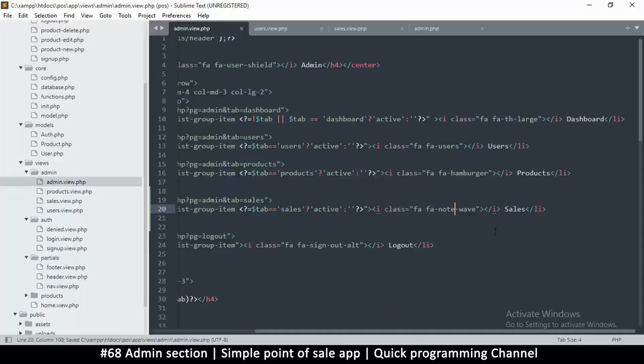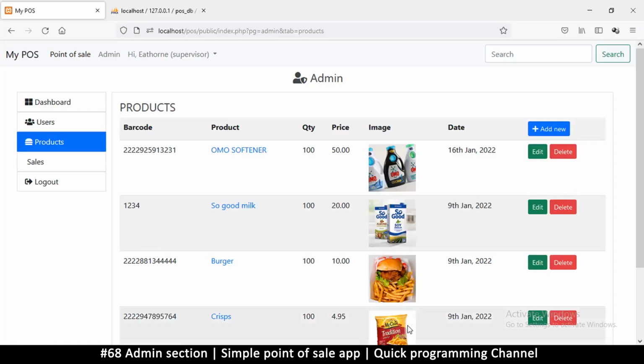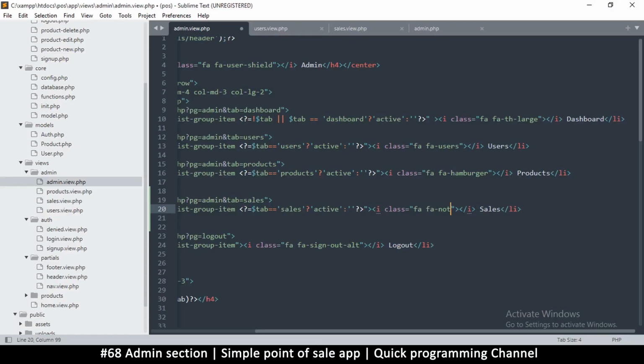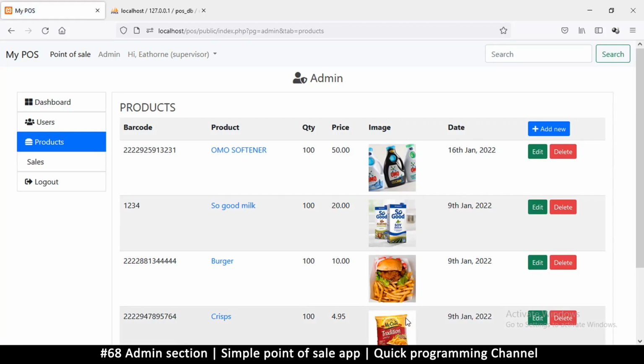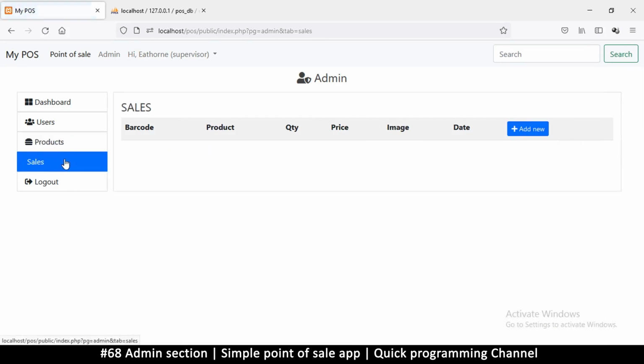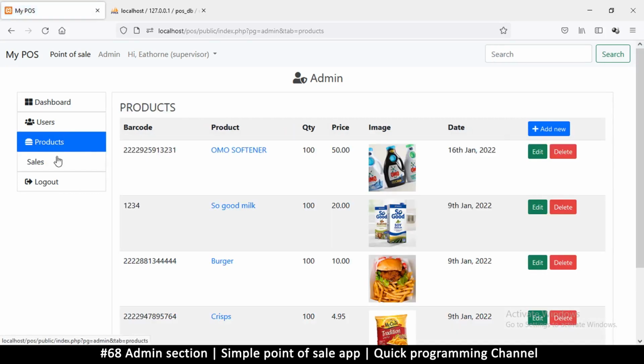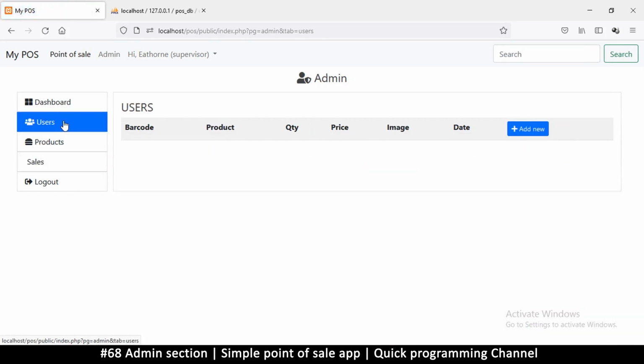I have no idea what the Font Awesome equivalent of a cache thingy is here. Wow, nothing. That's interesting. Anyway, I'll check it out later and we can go ahead and add it there. I used to know this, but